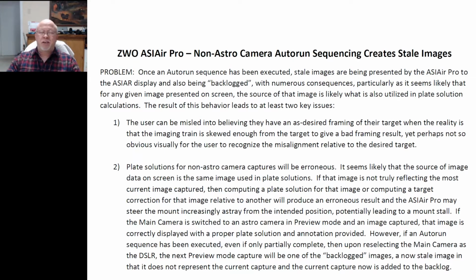This is going to be a very dry video because it's just showing you a document that I prepared. But I thought it might be worthwhile to explain my conclusions based upon the other two videos I've shared where I demonstrated the problem of the ZWO ASIAIR Pro creating, in the course of a series of exposures with my DSLR, a Nikon D850,